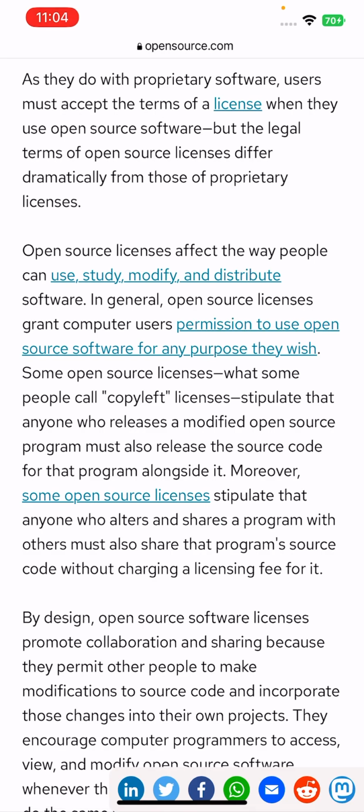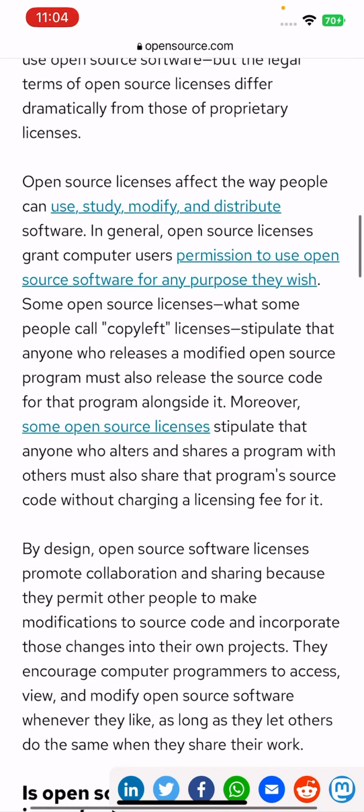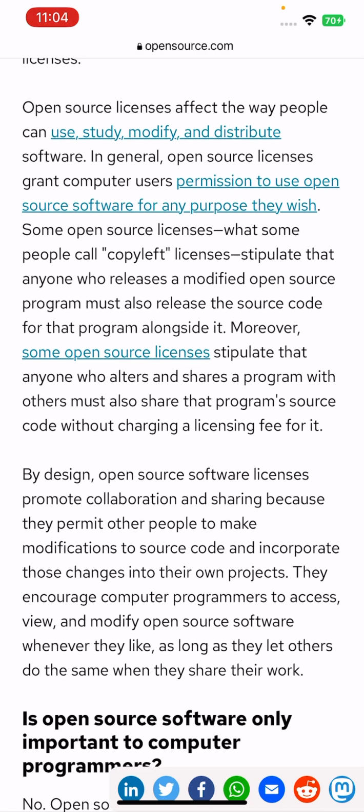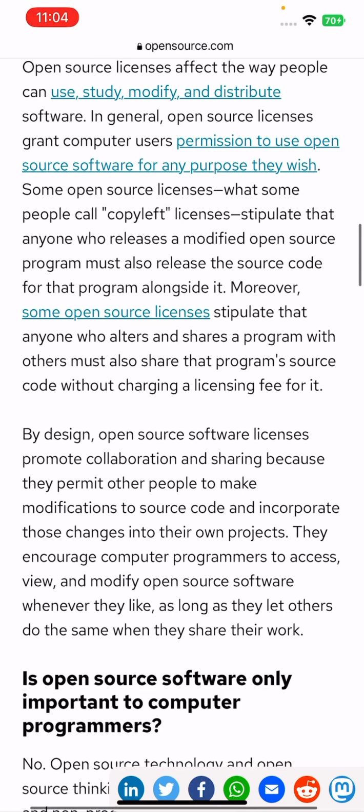Some open source licenses, what some people call copyleft licenses, stipulate that anyone who releases a modified open source program must also release the source code for that program alongside it. Moreover, some open source licenses stipulate that anyone who alters and shares a program with others must also share that program's source code without charging a license fee for it.